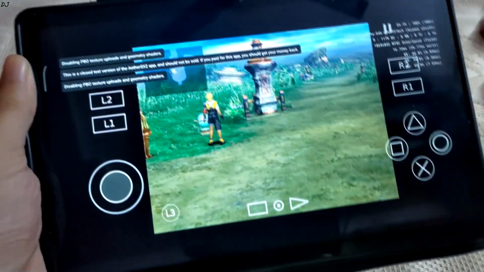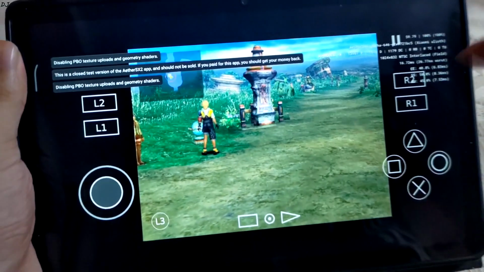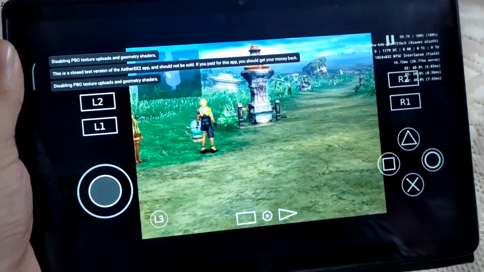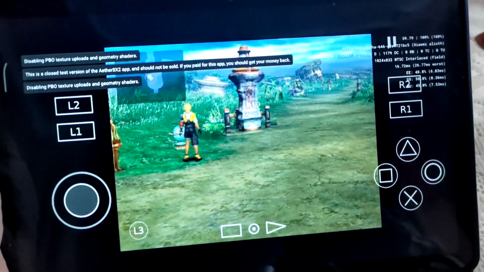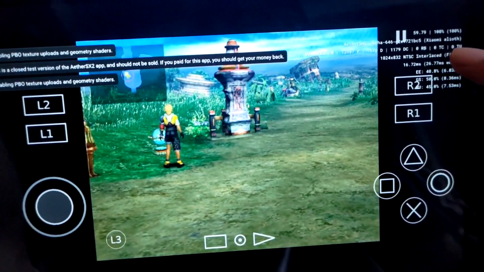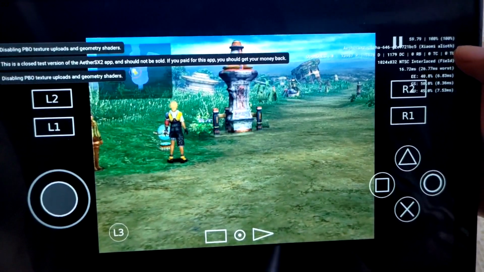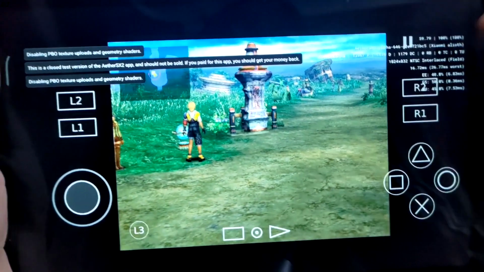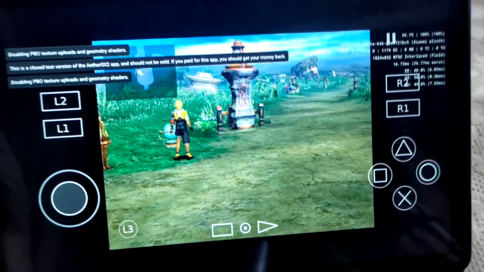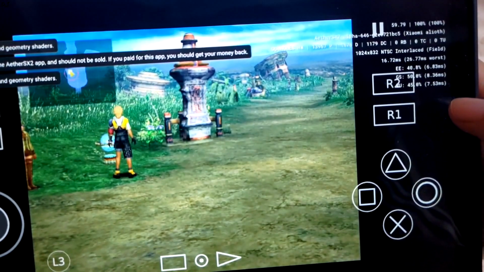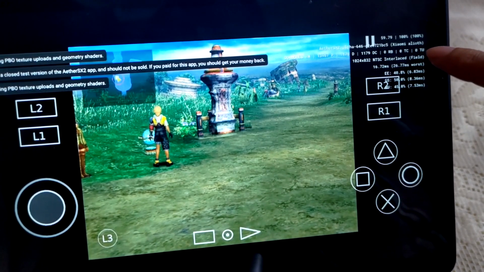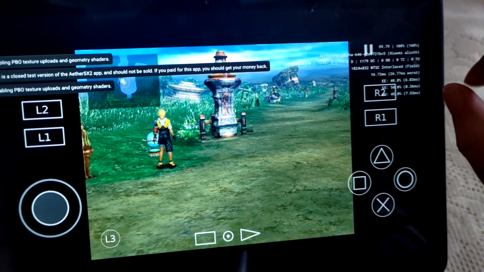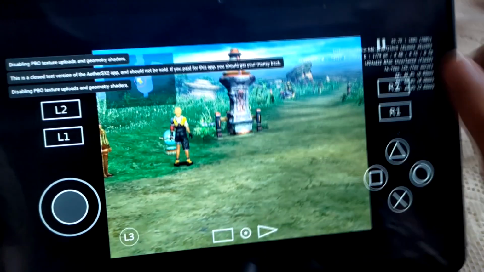The game booted very quickly. This is 4:3 aspect ratio, so the global settings are working. Check out the overlay. First we have the FPS counter. FPS is around 60, 100% speed. This is the alpha build. A Xiaomi device is being used. From its code it seems this is Poco F3 or Mi 11X.